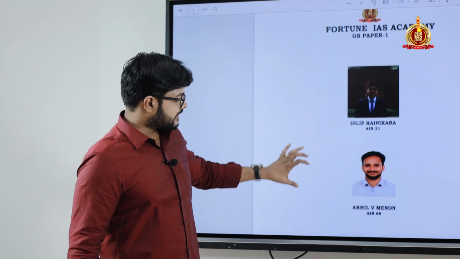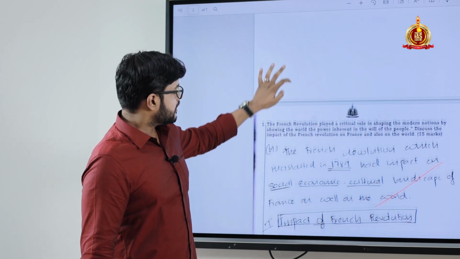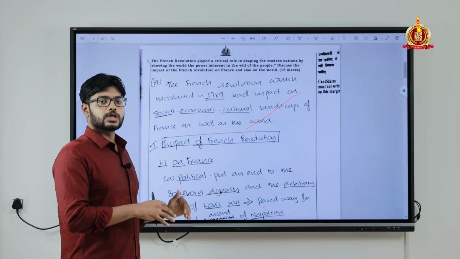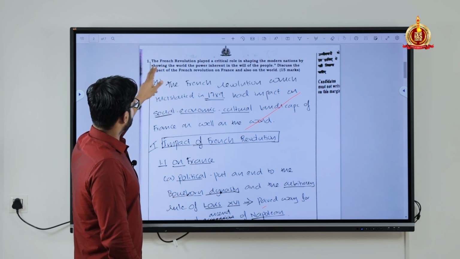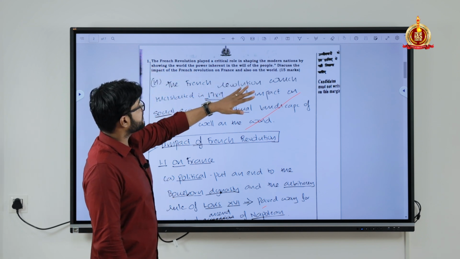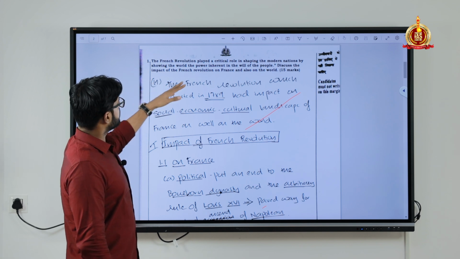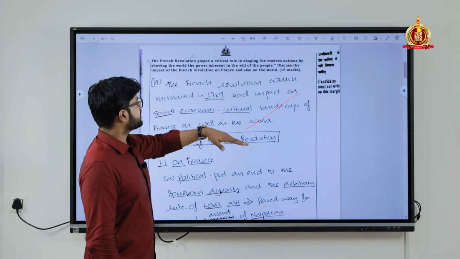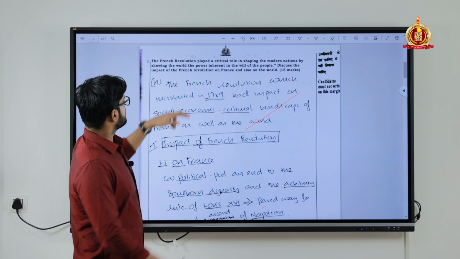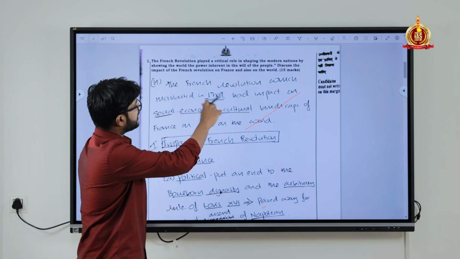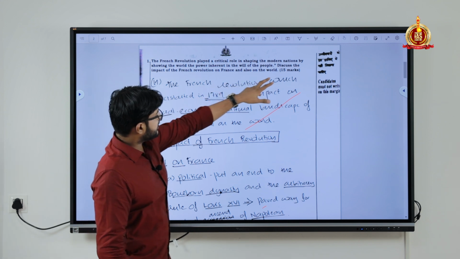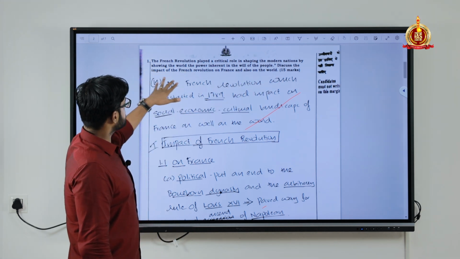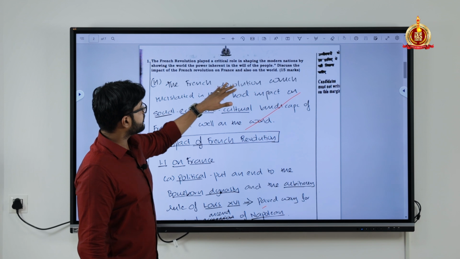First, Akhil's answer. So this is a world history question from GS1. Let's go through the question first. The French Revolution played a critical role in shaping the modern nations by showing the world the power inherent in the will of the people. Discuss the impact of the French Revolution on France and also on the world. So the last part of the question, discuss the impact of the French Revolution on France and also on the